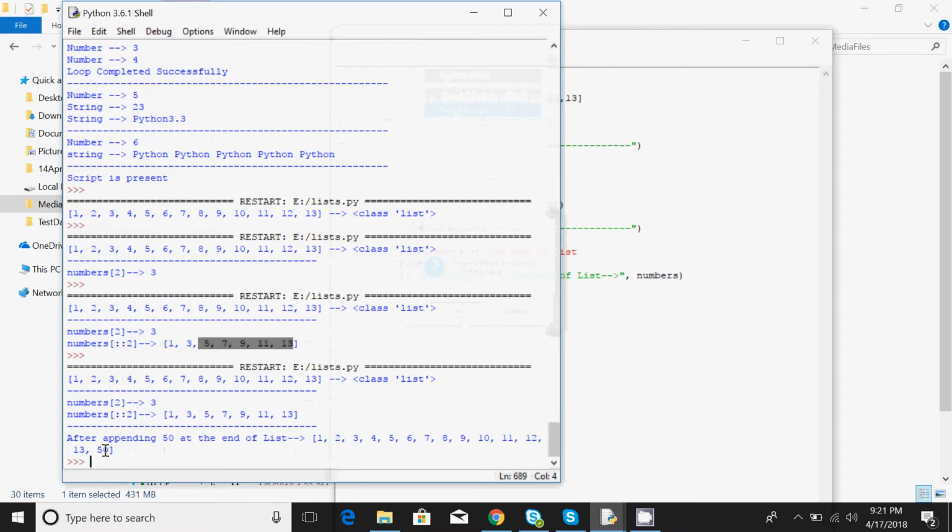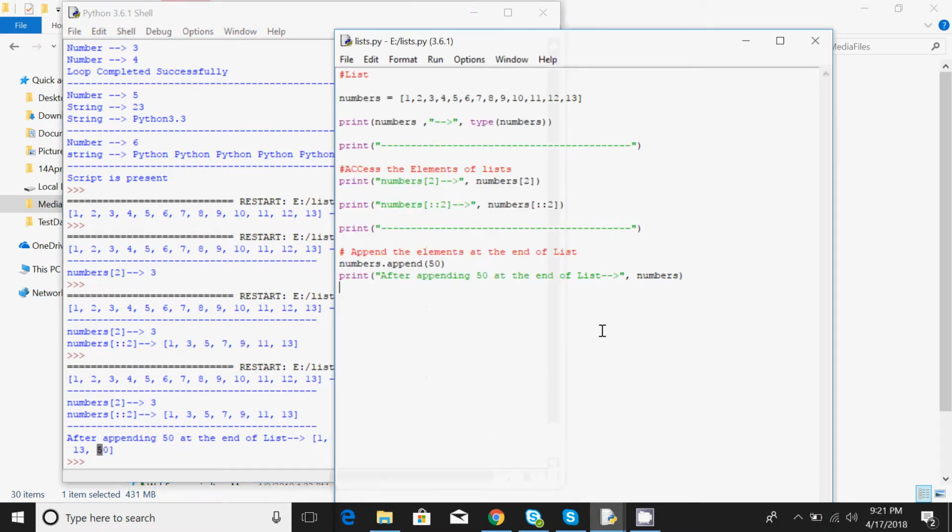So I have added 50 at the end of the list. You can see, guys, right? Now let me insert the element at the desired location. Append will add to the end of the list, but I wanted to add to the desired location. Okay, or basically I'll say insert the element at